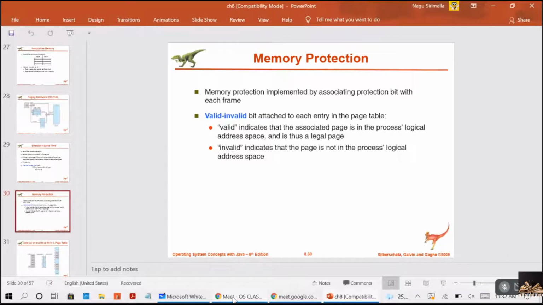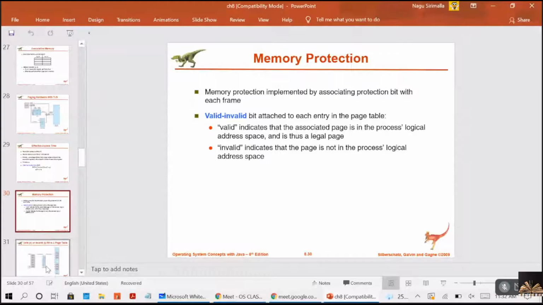These bits are kept in the page table only. That bit is like a valid-invalid bit. A one-bit valid-invalid bit is attached to each entry in the page table.